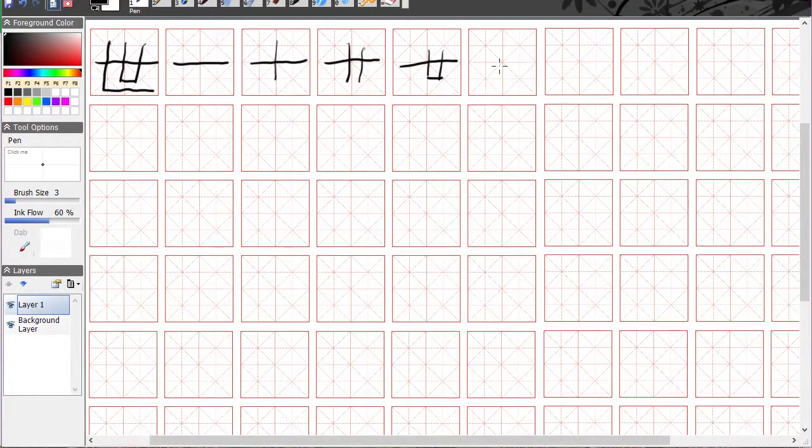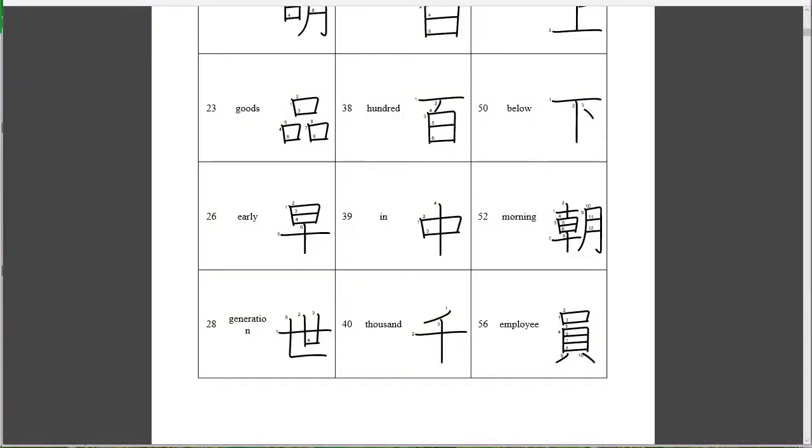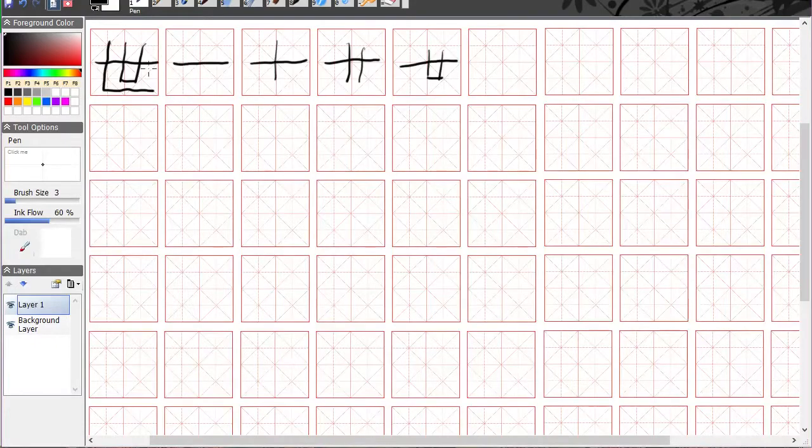Alright, now you notice what I did here, and this was in the stroke order. I want to make sure I'm not, see how that's a separate stroke? It's not an L line. It's actually its own thing. And